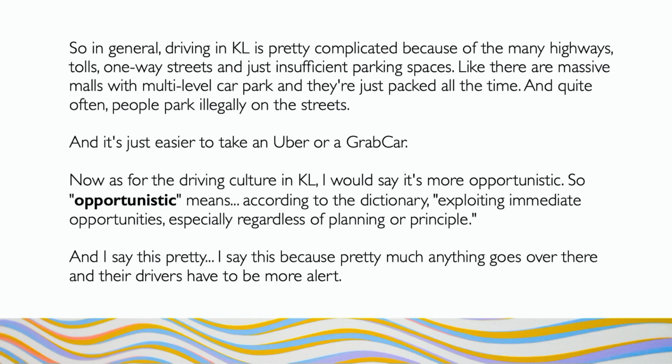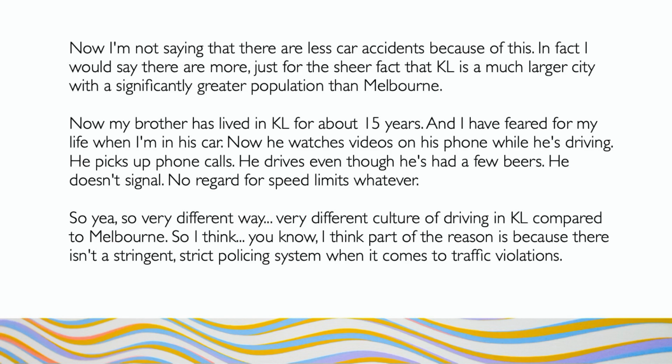Now, as for the driving culture in KL, I would say it's more opportunistic. So opportunistic means, according to the dictionary, exploiting immediate opportunities, especially regardless of planning or principle. And I say this because pretty much anything goes over there, and their drivers have to be more alert. Now, I'm not saying that there are fewer car accidents because of this. In fact, I would say there are more just for the sheer fact that KL is a much larger city